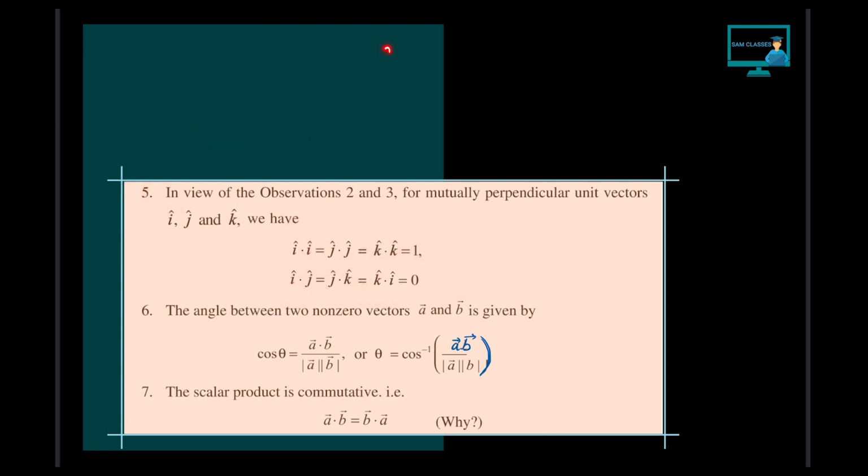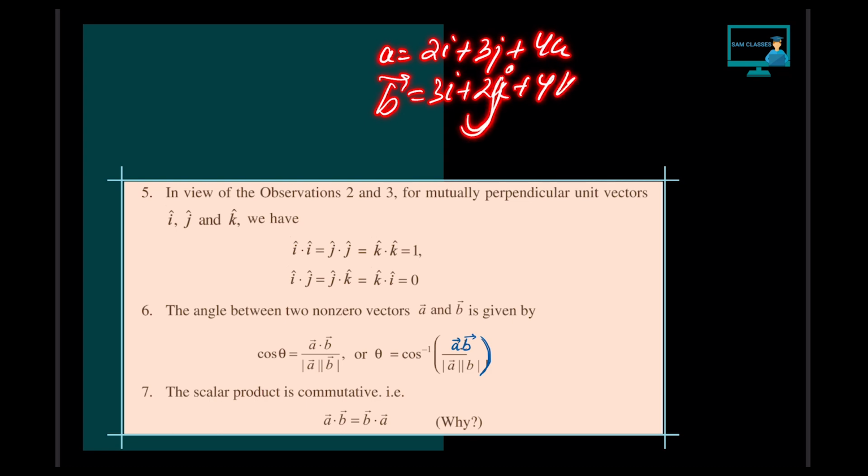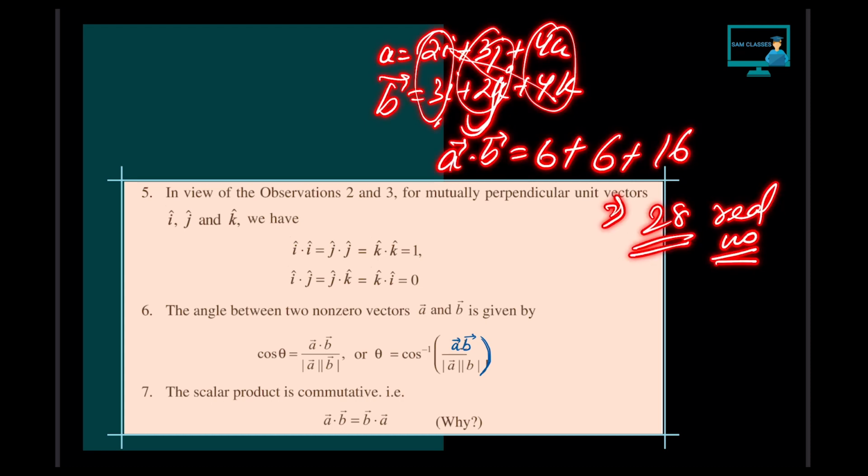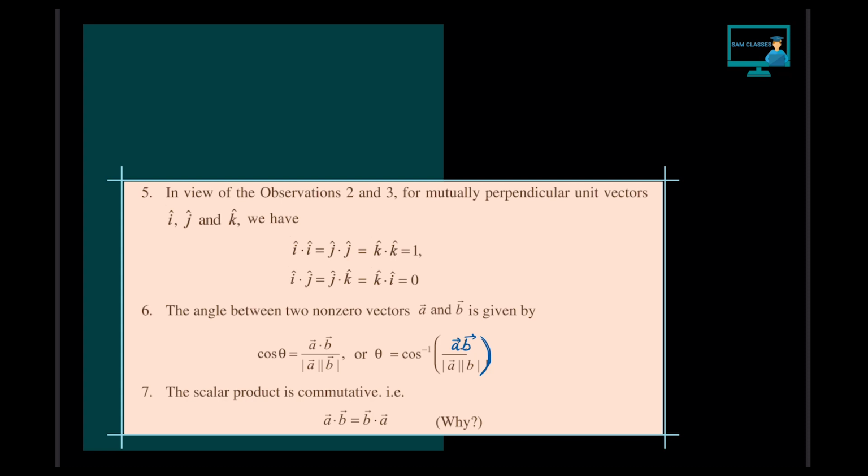So when we do a dot product, let's say I have a vector 2i plus 3j plus 4k, and b vector 3i plus 2j plus 4k. If I do a vector dot b vector, it's basically just multiplying: 2 into 3, 6, plus 3 into 2, 6, plus 4 into 4, 16. So 16 plus 12 is 28. So we got a real number. Very simple. I dot I will multiply, I dot j and I dot k cancel. J dot j will multiply because j dot k and j dot I are 90 degrees. Same way k dot k will multiply, and k dot I and k dot j will be 0.